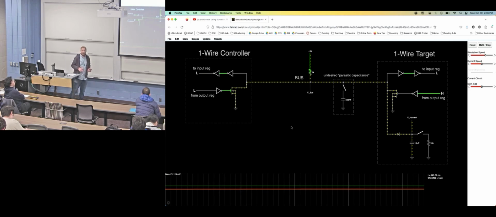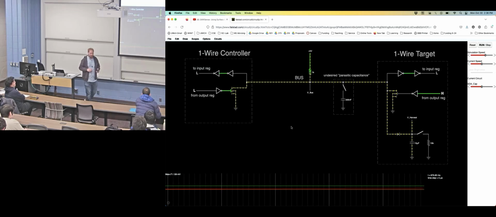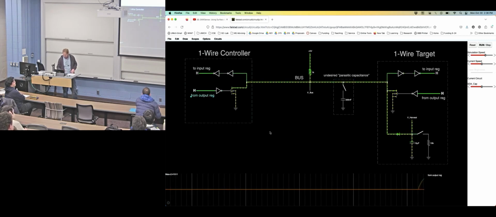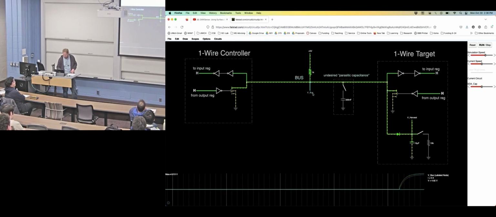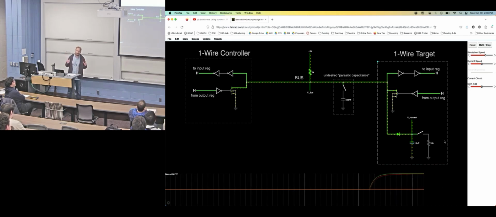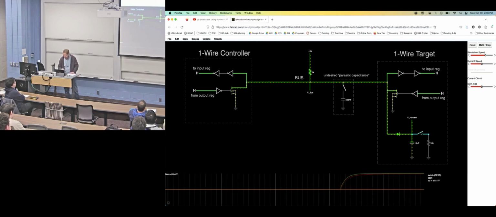Okay, so the extra tricky part is they actually make this energy harvesting bus structure. What they do here is the controller will send a pin high, and this is the bus structure here, and this is V harvest here, which is going to start up some capacitor. When you get to some threshold value, then the thing's going to turn on. Usually we use something called a supervisor, basically an analog circuit that says when you're over a certain value, flip a switch high. We'll just do that manually now. So now we're going to supply this load here.